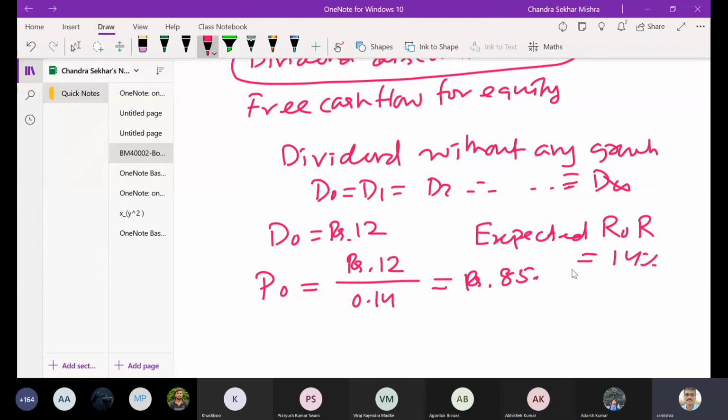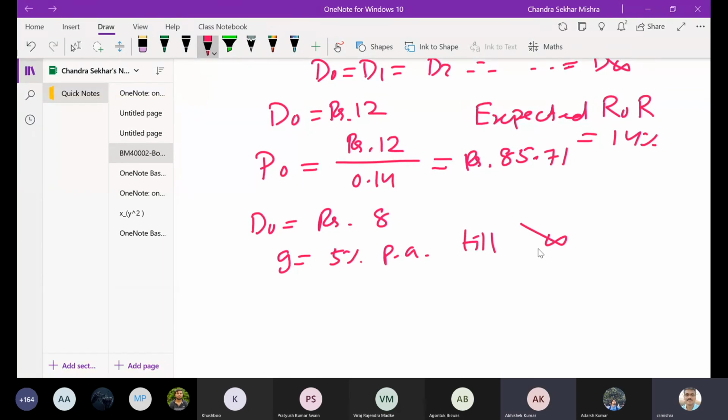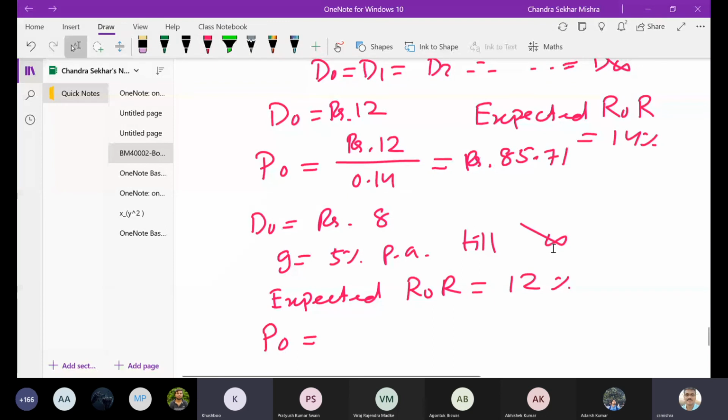Another case: D0 is equal to, let's say, 8 rupees, but it will grow at 5% per annum till perpetuity. And your expected rate of return is, let's say, 12%. So what is it? It is a growing perpetuity. What is the formula? P0 is equal to...